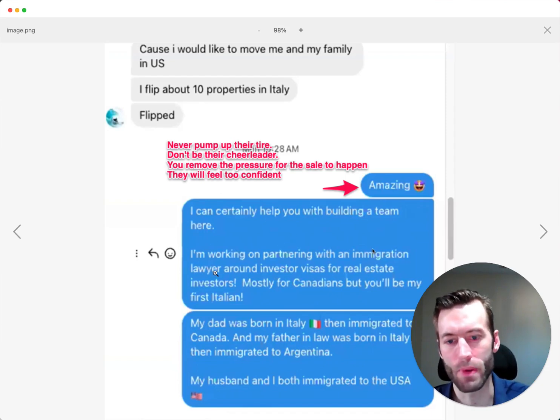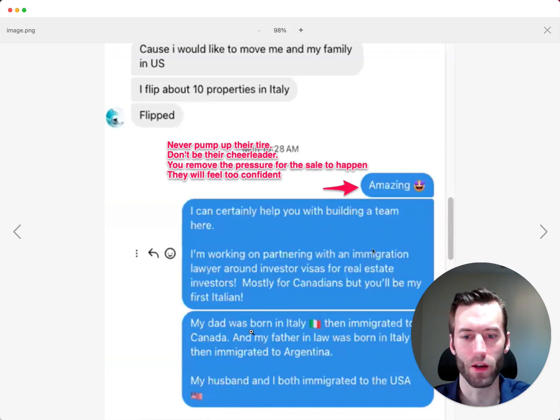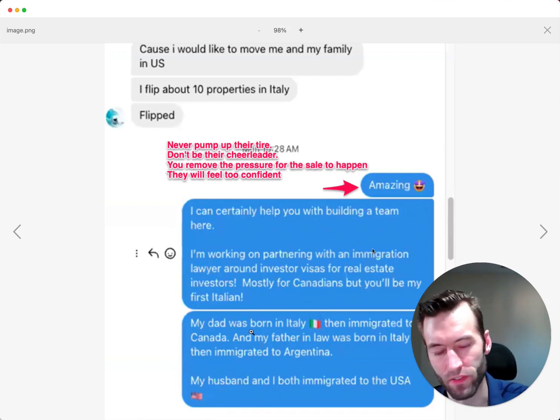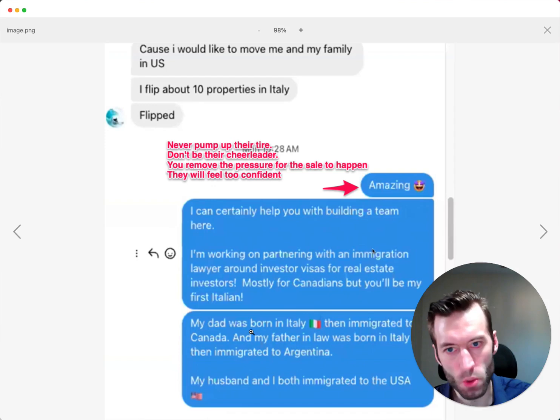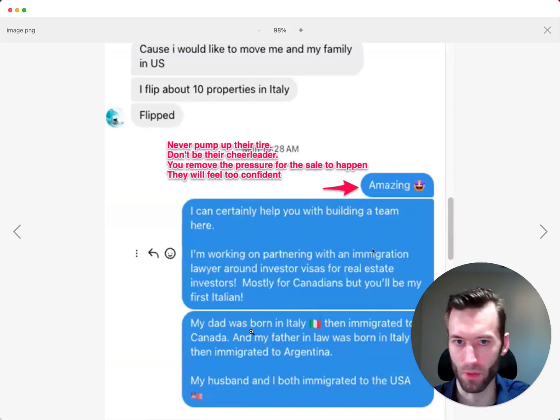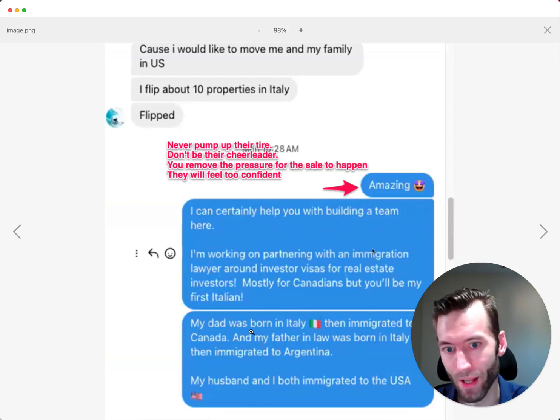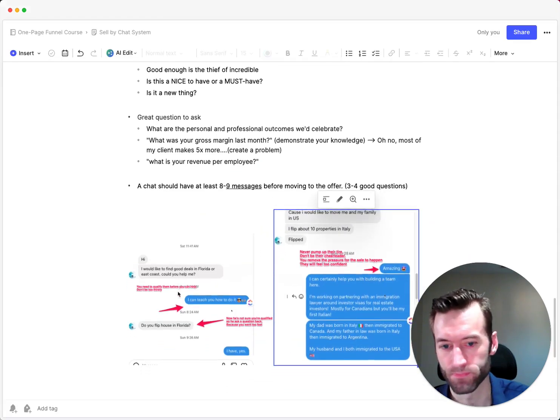And also, never reply with a big paragraph like this. If you look more committed than the client himself, that's not a good sign. He should be talking more of the time, and you should be listening more of the time and using what he's telling you to frame your next question and move the conversation forward, right? So you need to dig the pain, qualify, and right after that you're going to ask for the phone call, and we're going to show you exactly how you can ask for a phone call.